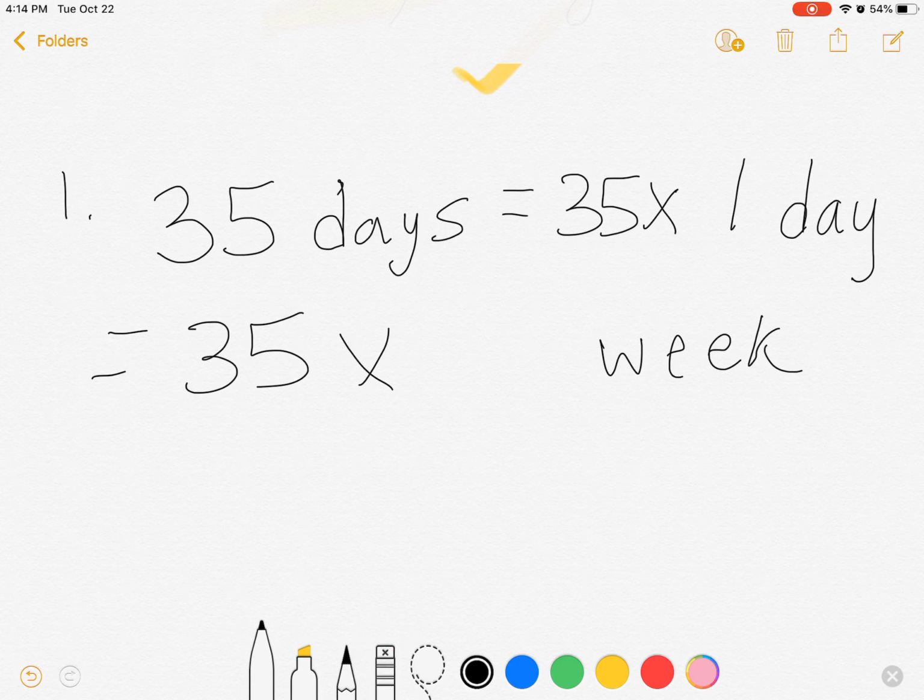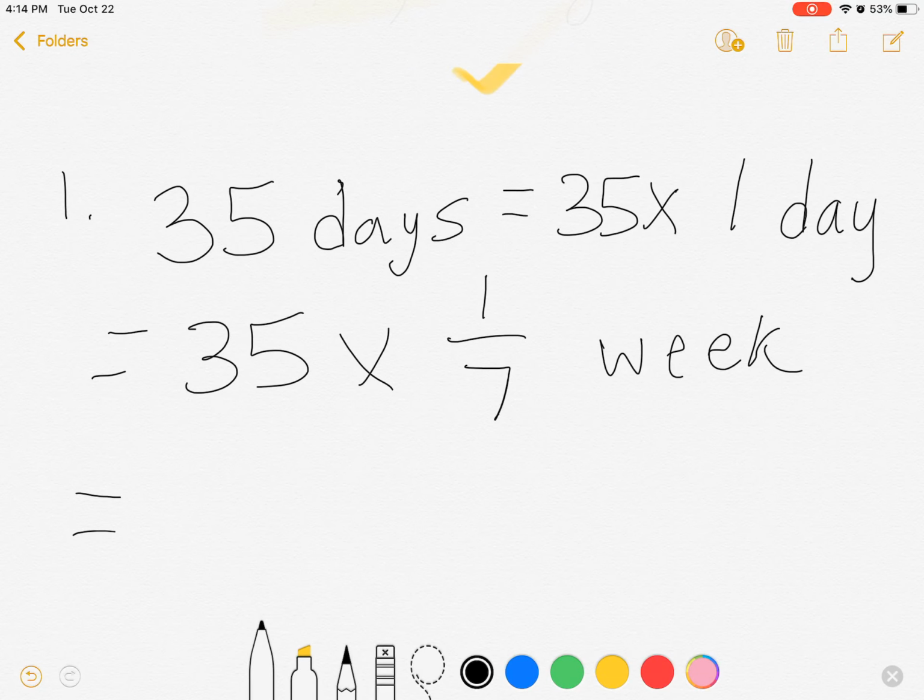Eraser. So what we need to put is 1/7 of a week, because 1 day is 1/7 of a week. There's 7 days in each week, so it's only 1/7 of the week. So now the way we multiply, and it may have been a while since we did this, but when we